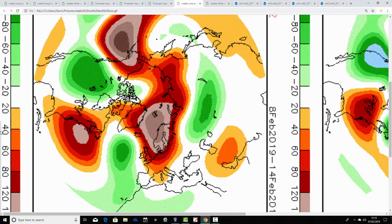Then we're going through to week 2. It takes us from the 8th to the 14th of February, with above average heights setting up over Scandinavia and below average heights out in the Atlantic. Now, what the model is going to be showing is a milder than average week, because it's going to be bringing up a southeasterly wind, rather like that. So the model will look at that and think that it's going to be milder than average there